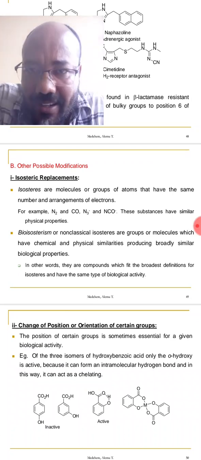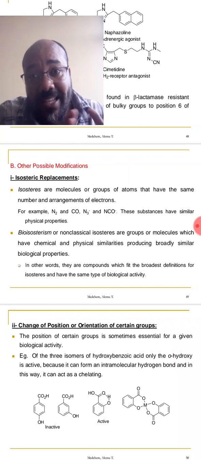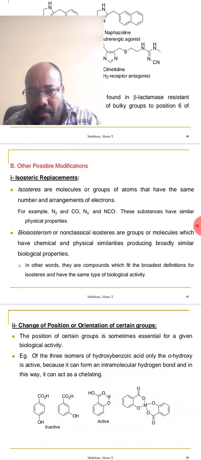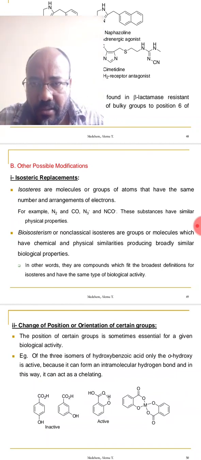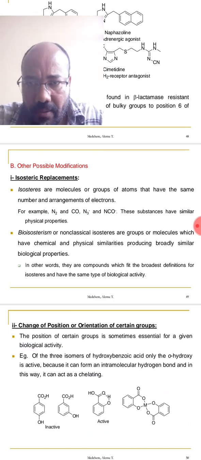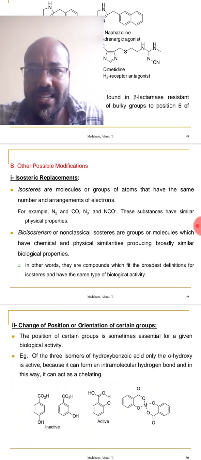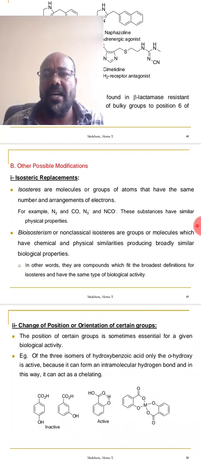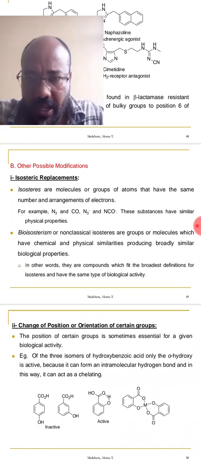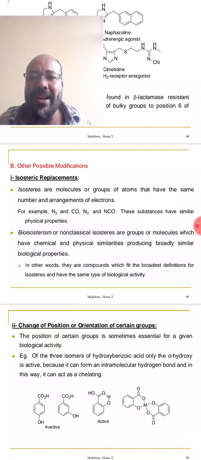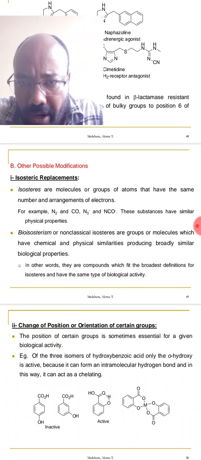Nitrogen and carbon monoxide have the same number of electrons and the same arrangement. In the N2 molecule, there is a triple bond, three bonds. Also, carbon monoxide has a triple bond. There are two lone pairs on the nitrogen molecule, and there are also two lone pairs on the carbon monoxide molecule. Those compounds, atoms or groups of atoms that contain the same number and arrangement of electrons are called